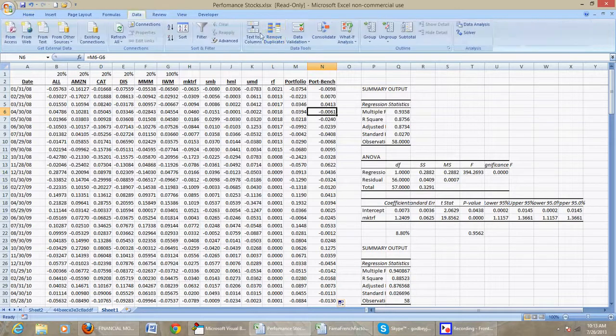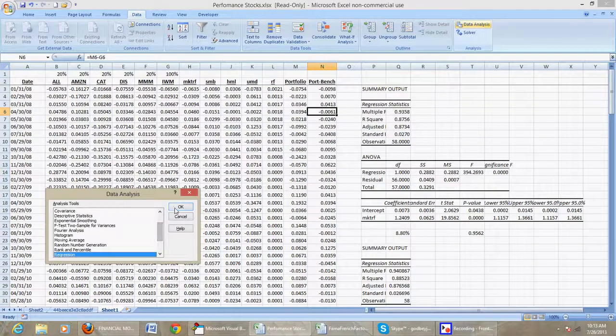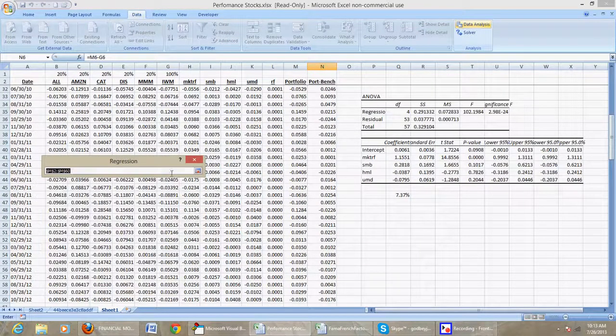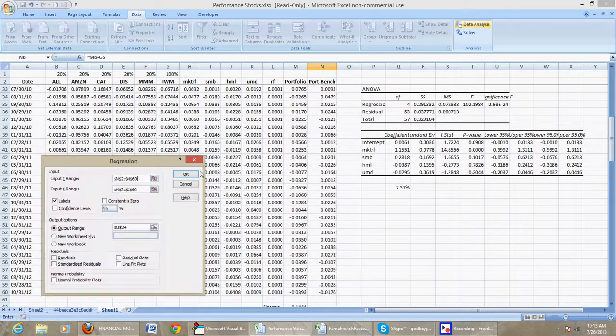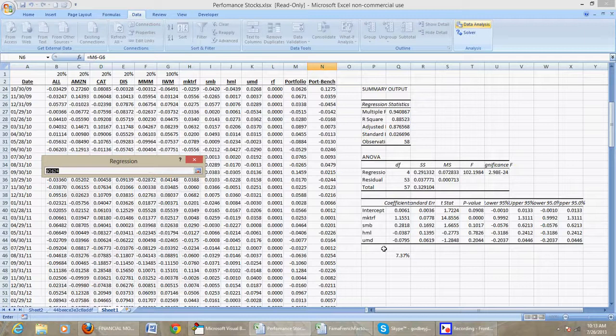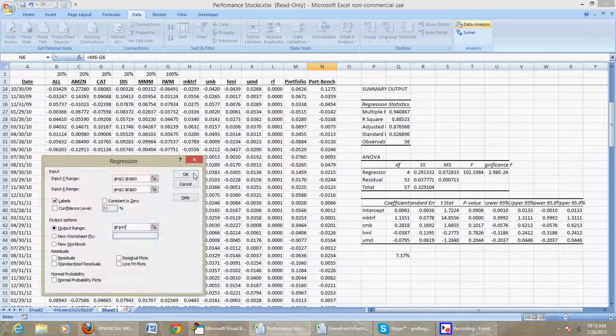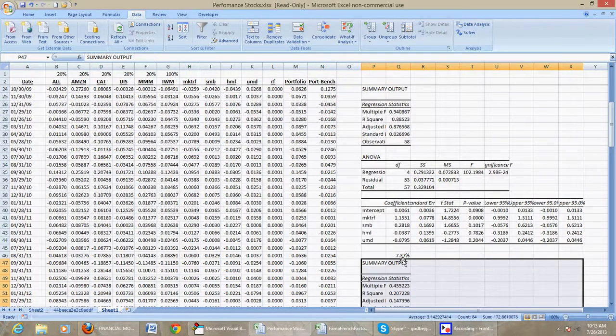So we run the regression. Same x variables, but the y variable is going to be this benchmark. And for output range, I'll go right here. Now, this alpha of 7.37% means you beat the market on a risk-adjusted basis by 7.37%. That's great, that's awesome. But it could be that every stock in the Russell 2000 beat the larger market, because the market here is all the stocks that are traded. Everything on NASDAQ, New York Stock Exchange is included in this. So it could be that you just,